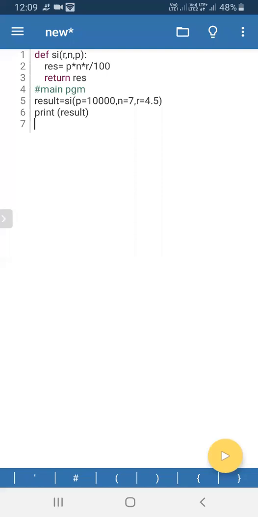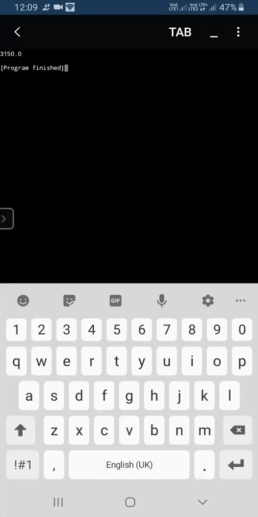In keyword argument, we cannot change the name. For example, in positional argument, we can pass a, b, c in the call, and in the parameters we can get x, y, z, whatever variable. Can you understand what I'm saying? In positional argument, there is no necessity that the name should be the same, but in keyword argument, the keyword name should be the same. We cannot change it. So P, N, R means we must use P, N, R only, but in whatever order we can give them as parameters, N, P, R or R, N, P like that. Now if you print, you can get the answer.